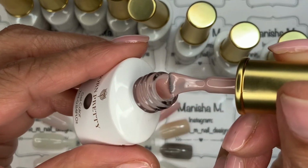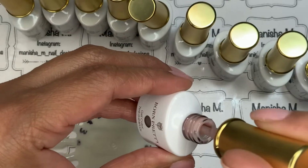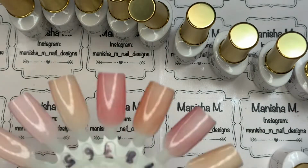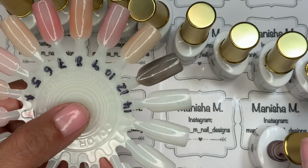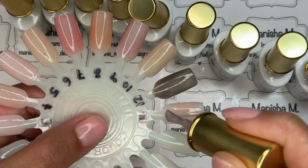And this is what this one looks like. Really, really pretty indeed. Let's see what it looks like on the nail. So I am going to cure all of these, and what I'm going to do is go ahead and do a second coat